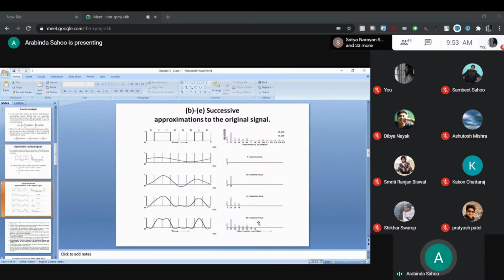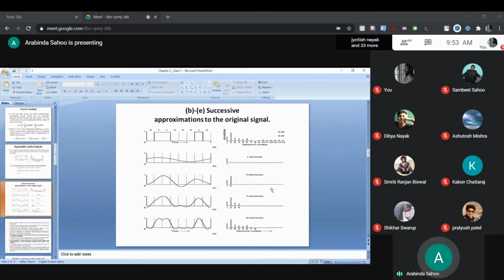But if you consider eight harmonics, you can check the last diagram. If you pass eight harmonics, this diagram is better compared to the second, third and fourth, and it is approximately the same as your original signal. Similarly, if you consider suppose 100 harmonics, your signal is even closer to the original signal. Or you can say, if you pass all the harmonics, then it is exactly the same as your original signal.